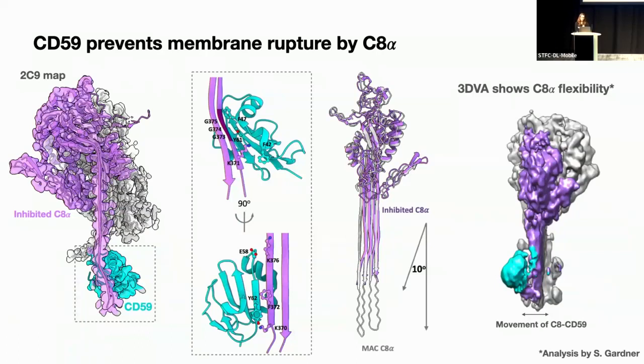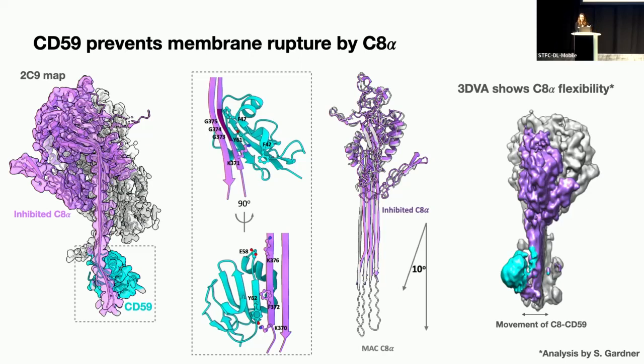It's stabilized by a number of salt bridges and pi stacking interactions. But what really surprised us was that there are three consecutive highly conserved glycines in the middle of this interface, which are obviously not making any useful side chain based interactions between these two proteins. So what we think these three glycines are doing is introducing flexibility into the complex that CD59 can